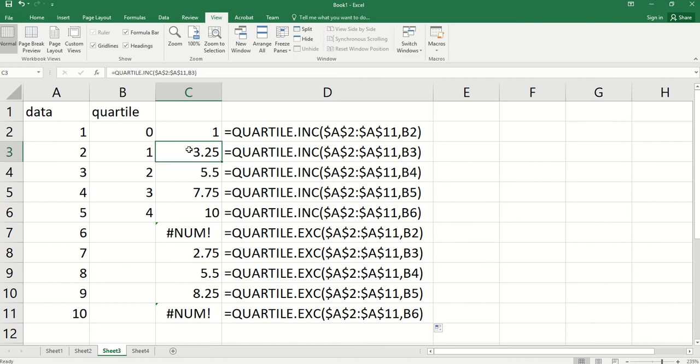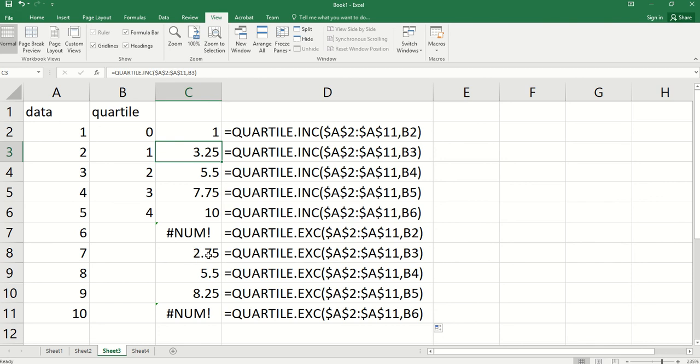For the first quartile, we can see using inclusive has a slightly larger value. This is because inclusive here uses less than or equal to 75% large values in the data. Because it uses less than or equal to, it finds a value slightly greater than the one found here.